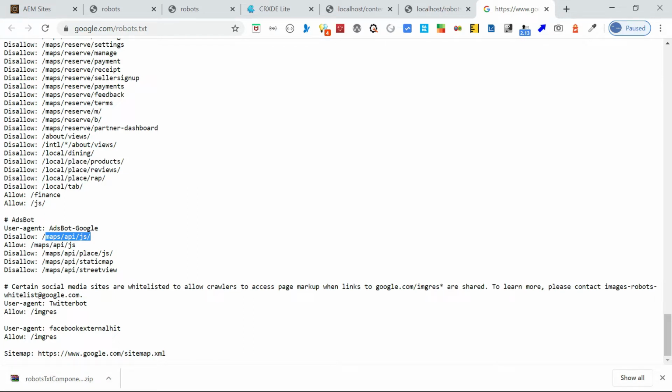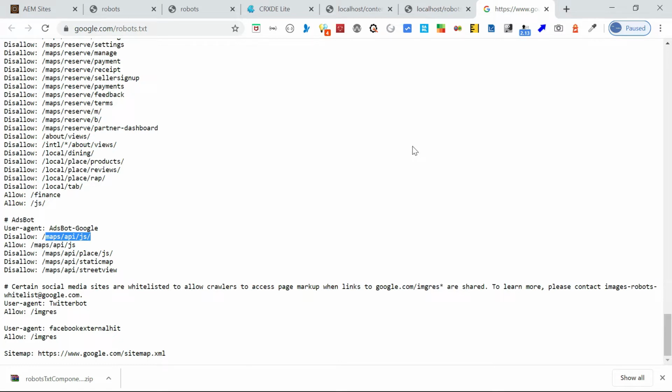Now the robots.txt file must be placed in a website's top level directory. It should be accessible like website name slash robots.txt. Some user agents may choose to ignore your robots.txt file, the rules specified in the file. This is especially common with crawlers like malware robots or email address scrapers. Each subdomain on a root domain uses separate robots.txt files. This means that both blog.example.com and example.com should have their own robots.txt files.